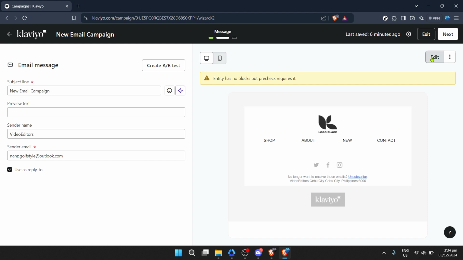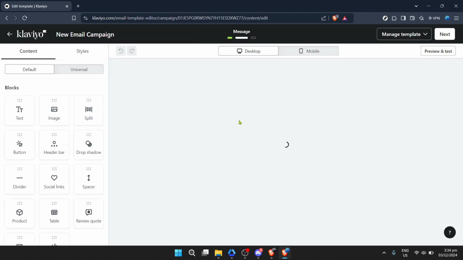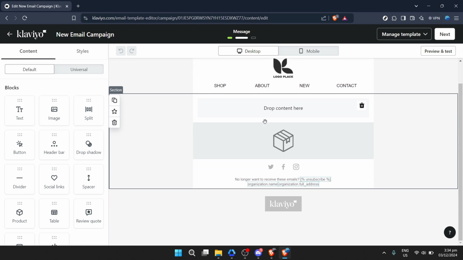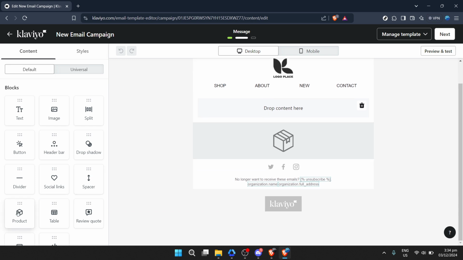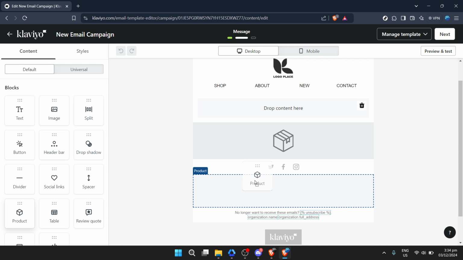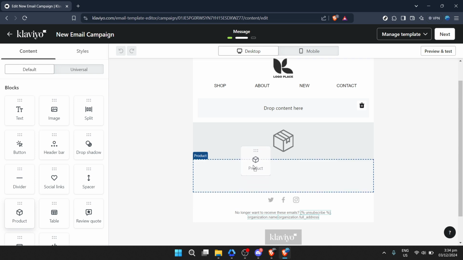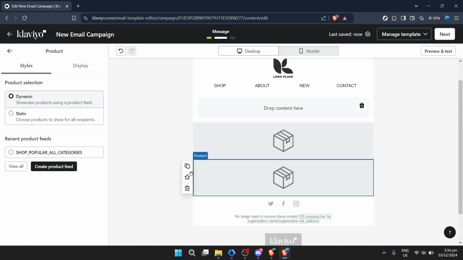However, before you dive into design and text, let's add something special. Click on Product. Here you have the option to create a product feed. This feature is incredibly useful for e-commerce businesses wishing to automatically insert products into the newsletter. After clicking Create Product Feed again, you've essentially told Klaviyo to incorporate a dynamic selection of products in your newsletter. This can be customized based on various criteria like bestsellers, new arrivals, or items specific to a segment's interest. Once the product feed is set, it's time to hit Next and really get your hands dirty with the email